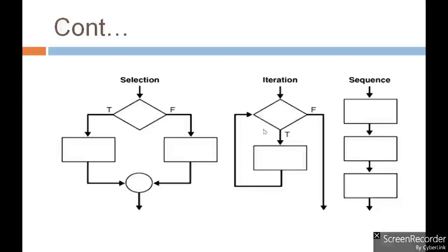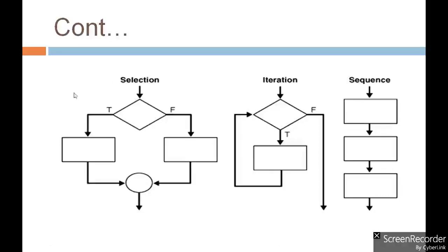In iteration or looping control structures, we check whether the condition is satisfied. It allows us to execute a number of statements, and then again the condition will be checked for the new value of the control variable, and then it will execute the same statements repeatedly as long as the condition remains true. At one point of time, the condition becomes false, and then the loop will be exited, and it will go and execute the next statement after the loop.